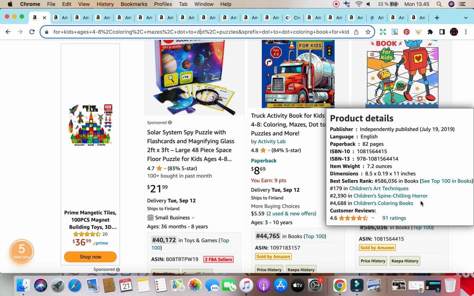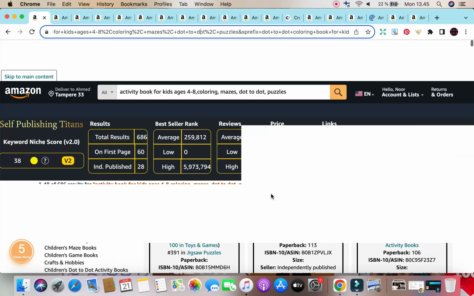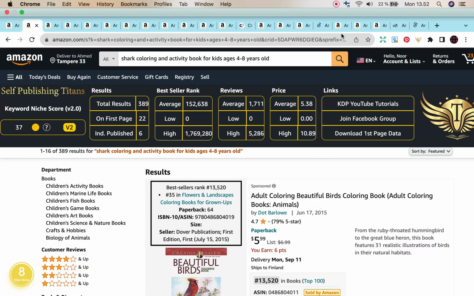Also, have a look at the review section and the interior. Don't copy and paste, but have a look at the interior, see what kind of things you'll be able to include as well. The second keyword for the day is shark coloring and activity book for kids ages 4